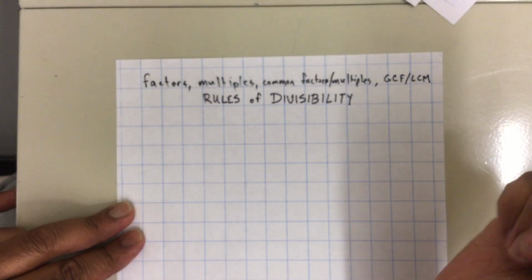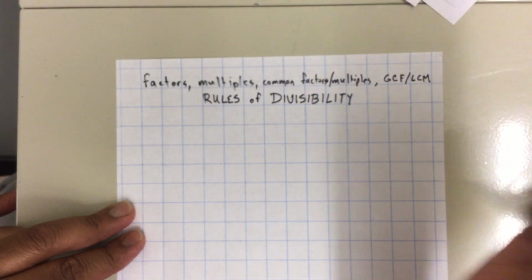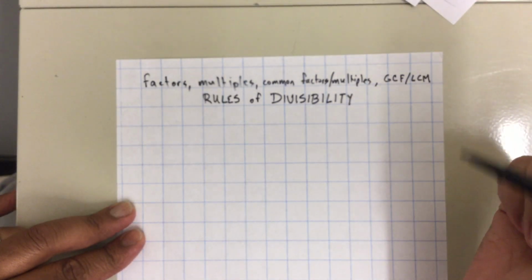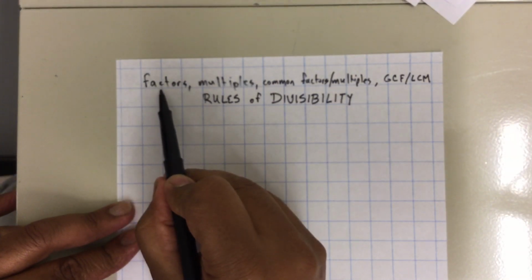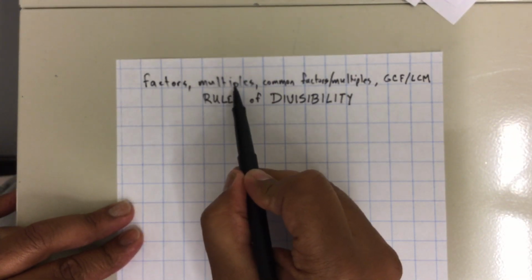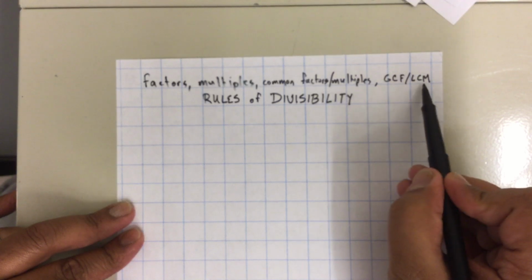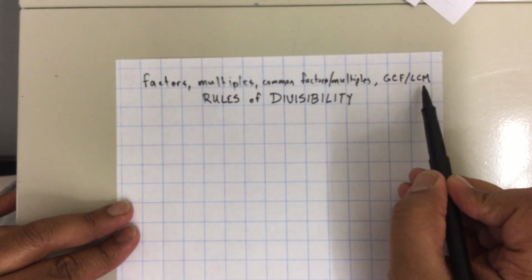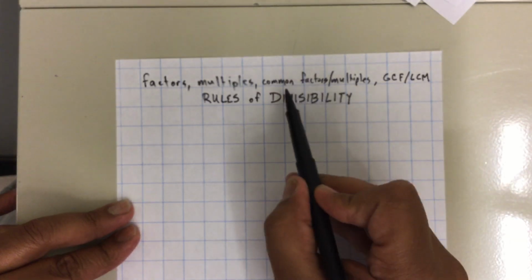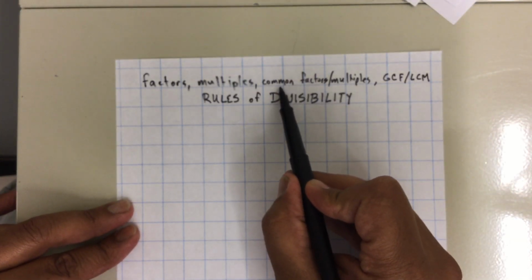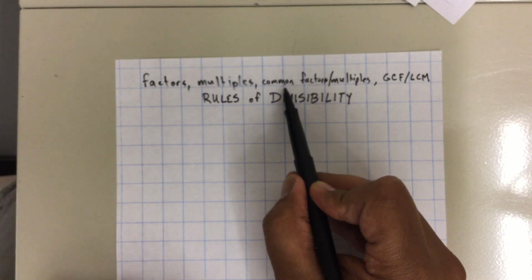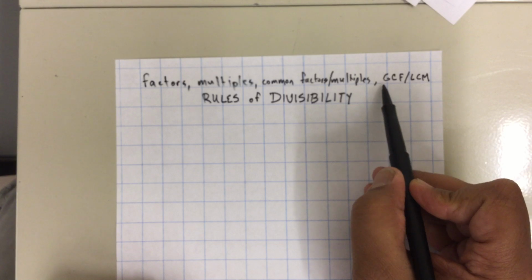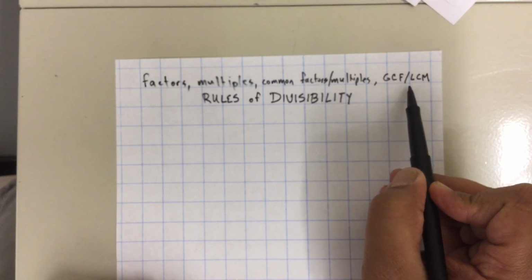Hi there. We've got a trio of skills that we need to do. I know it looks like more than that up here, but when we boil it down, there's a skill called factors, there's a skill called multiples, and looking at these little acronyms that you've probably seen from way back when, GCF and LCM, all we're really doing is adding a third idea, which is what factors or multiples might two different numbers have in common. G being then we look for the greatest factor they have in common,